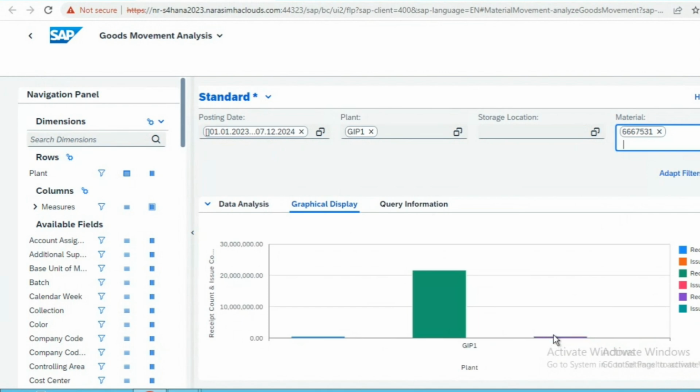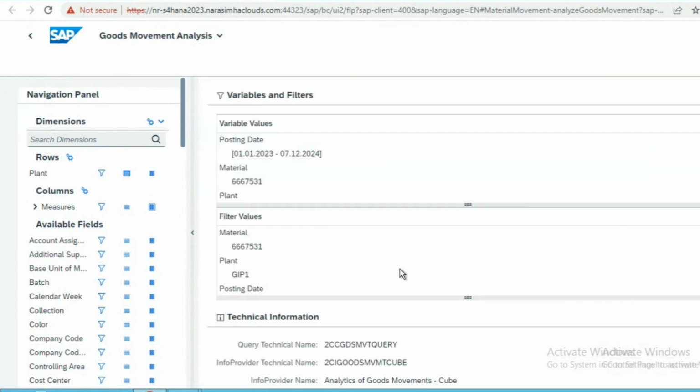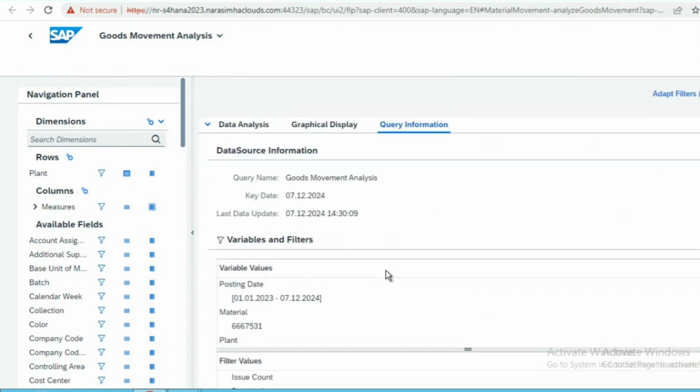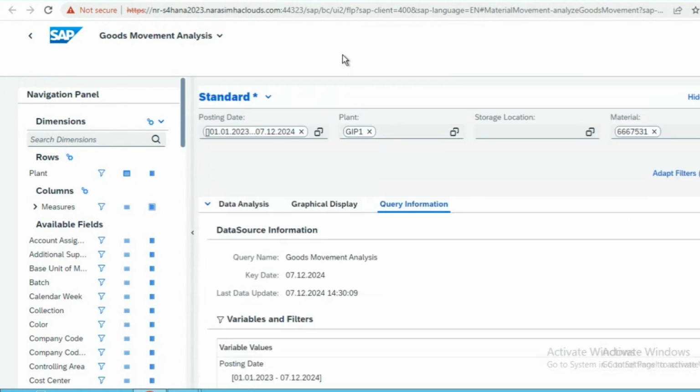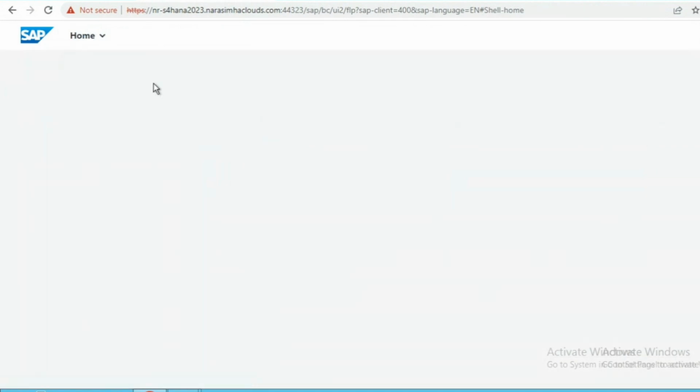So this is how we can analyze our reports, whatever the goods and everything, by using the analytical app, which is introduced by SAP. So majorly these apps will be used by your business, not by the consultant. Okay, one more thing, the last app that we can introduce here,